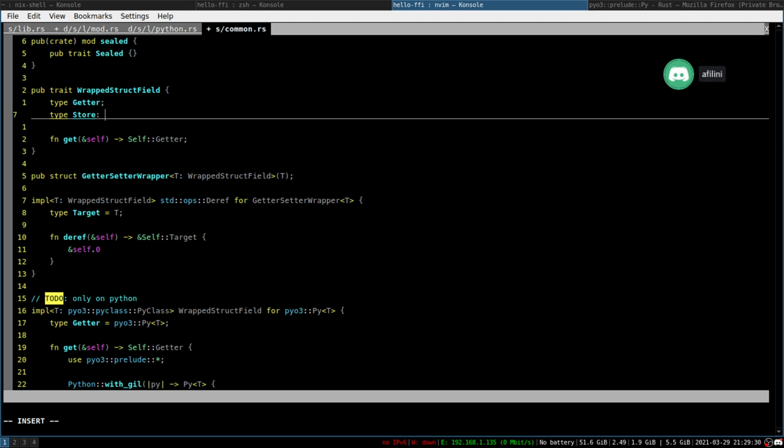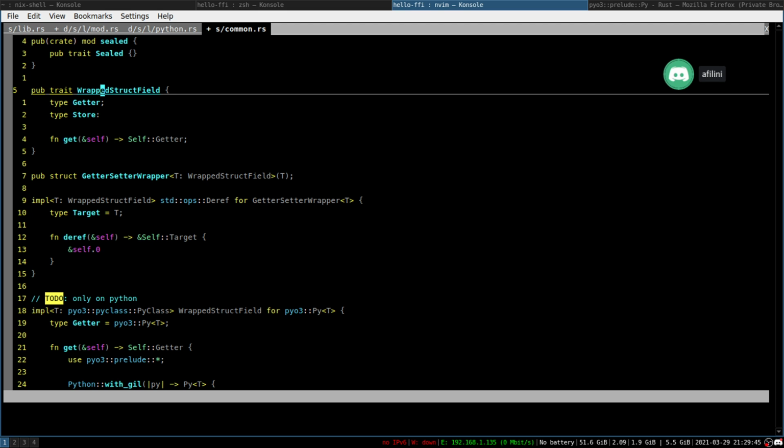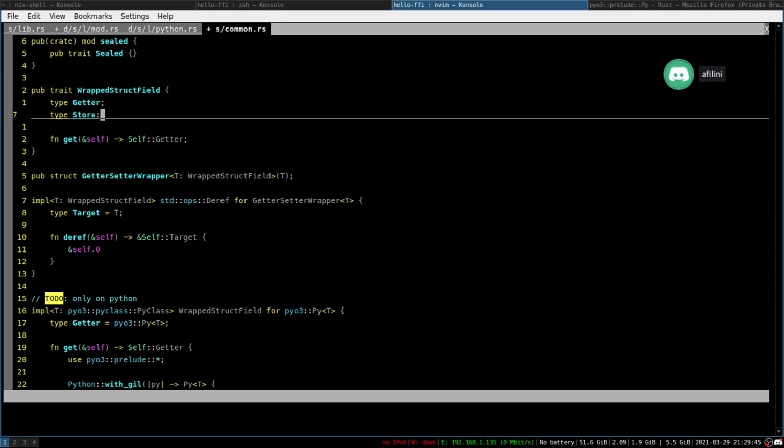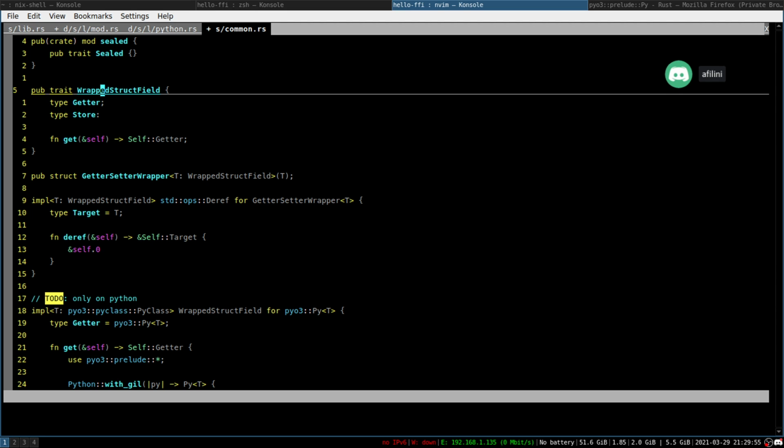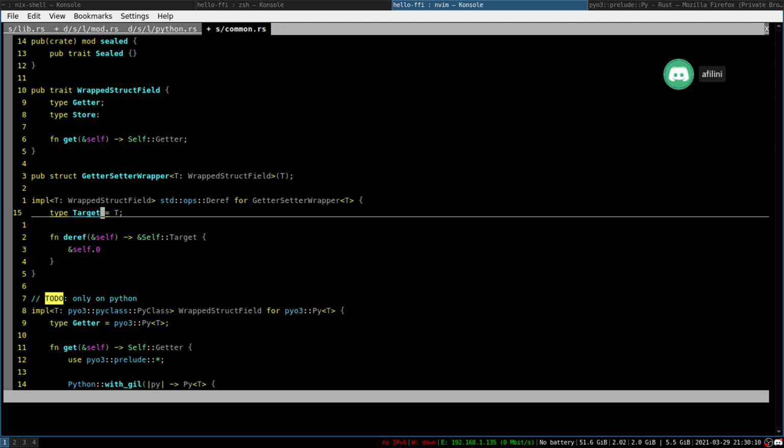so we could say that the store type must be like, you must have a way to create it from something else. So actually not something else, from T. So you implement this trait on T, and the store type should have the map from implemented for the store type on T, which would basically allow us to just take our T and convert it to the store type and store that. But we still have this issue here, because